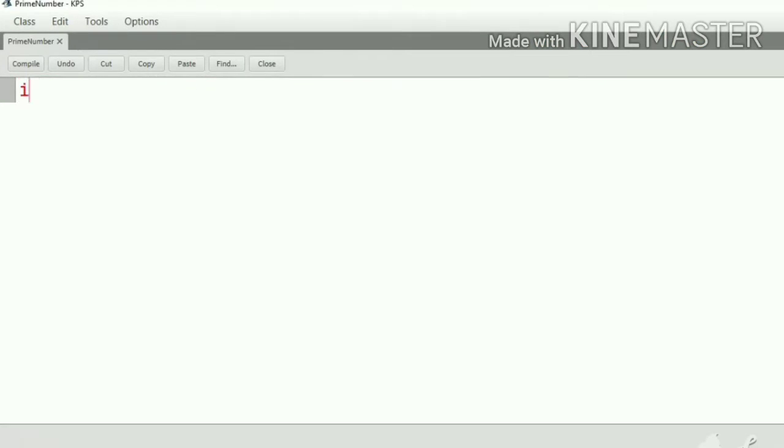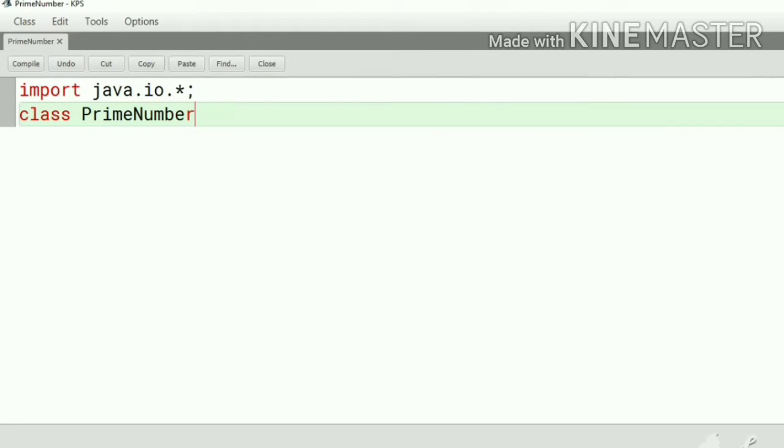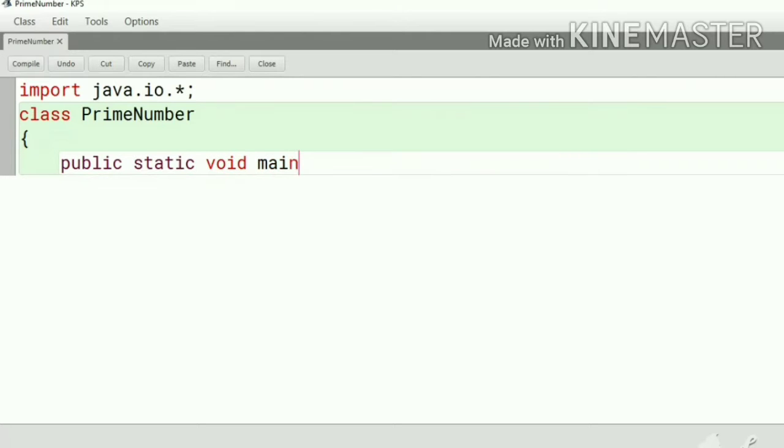Here let's start with the import java.io. Semicolon. Class name PrimeNumber, curly braces open, public static void main(String args[]) throws IOException for catching the error.